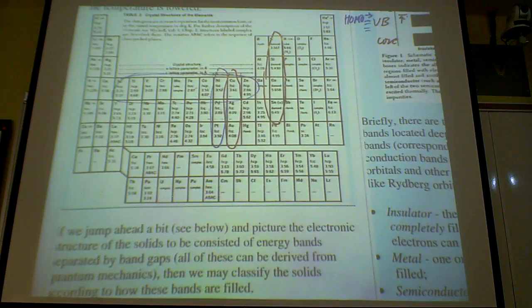Okay, so of course, why do we need to talk about crystal structure? Because the crystal structure, which is how you arrange your atoms inside a periodic lattice, is important because it will control, as